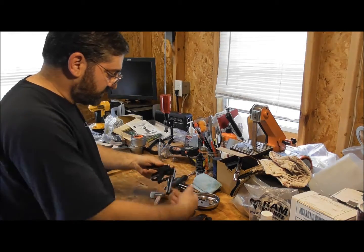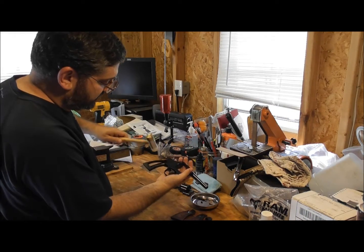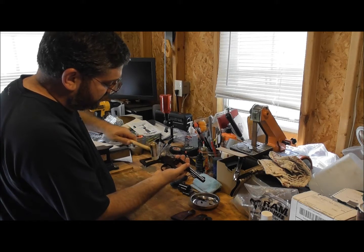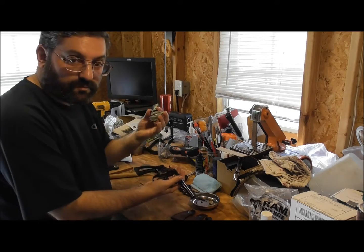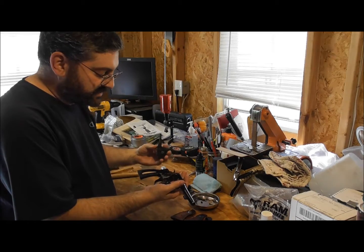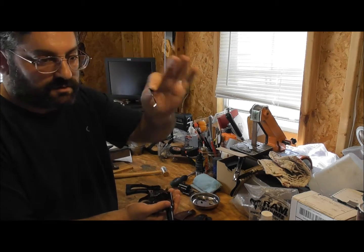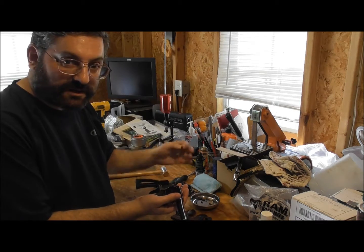I need to switch because I'm left-handed, and try to make it so you can see it. And it's starting to come a little bit proud of the rest of the frame. And there you go. So when you do that, sometimes the side plate will pop out just like it just did. Now the other thing is that when you do that, there's this small part here which is a hammer block, and it's possible that could fall out, come flying out, so you've got to be careful for